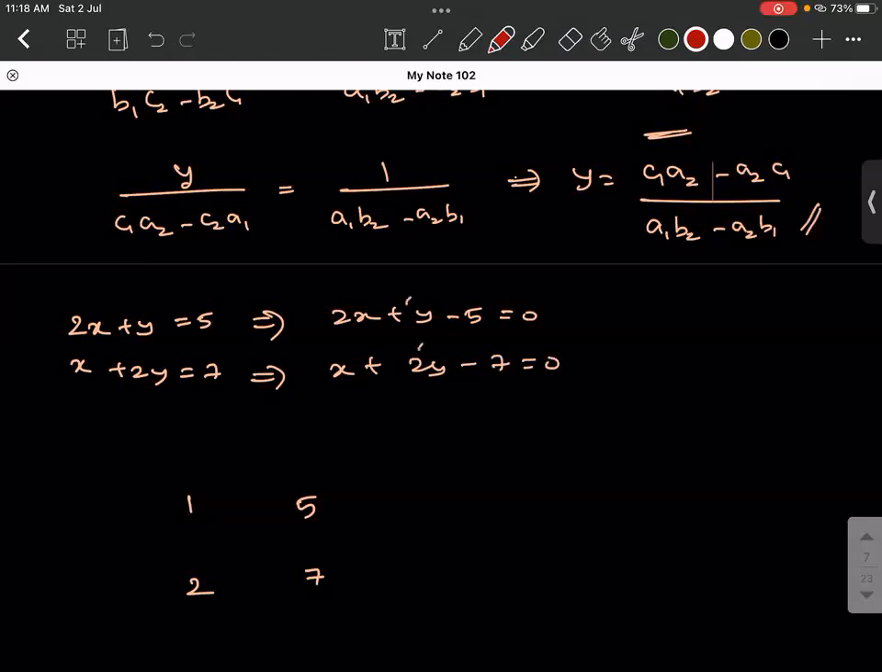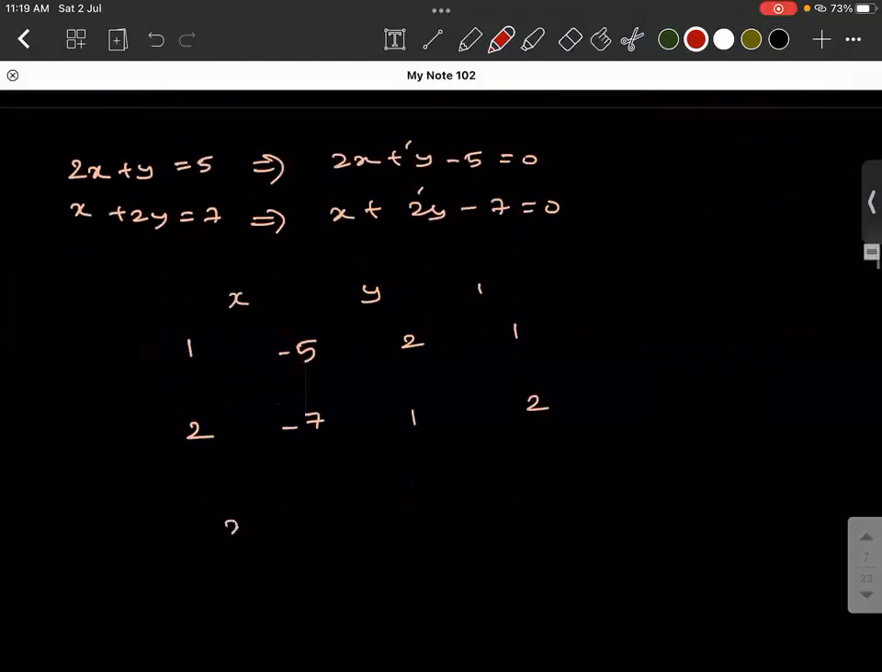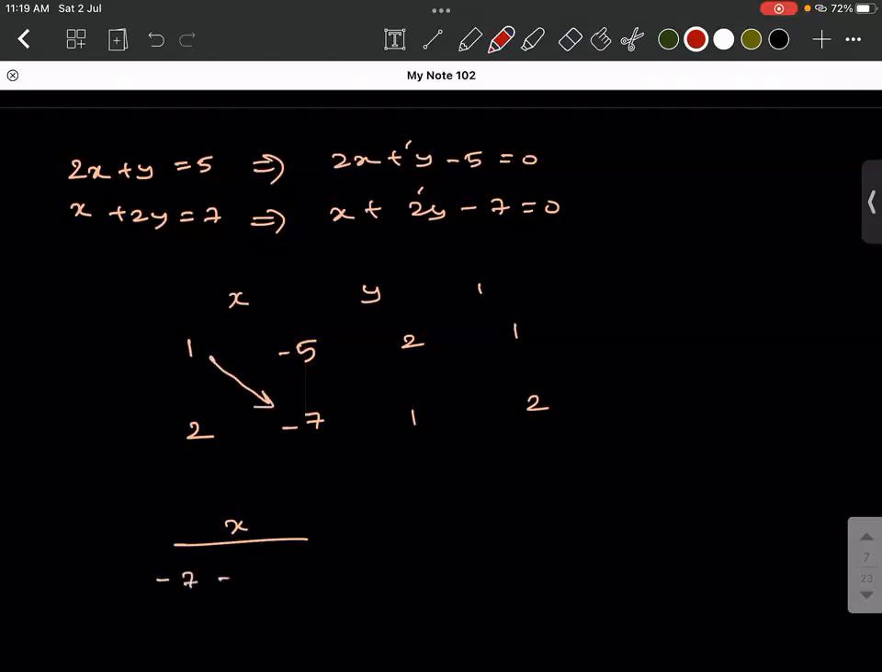So 1, 2, minus 5, minus 7. Then 2, 1. Then 1 and 2. Here I should put x, y and 1. So x divided by, so minus 7 minus of minus 10 is equal to y divided by